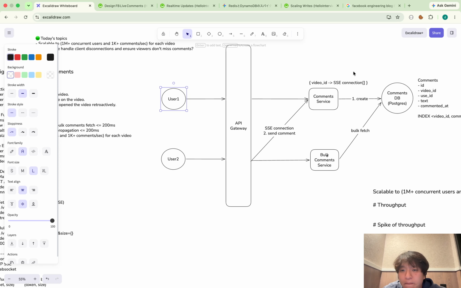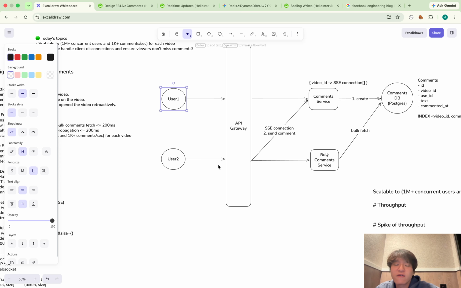Because the comment service has the mapping in memory, from video ID 1 this server knows the SSE connection of user 2, so it can send the comment from user 1 to user 2 through the SSE connection.